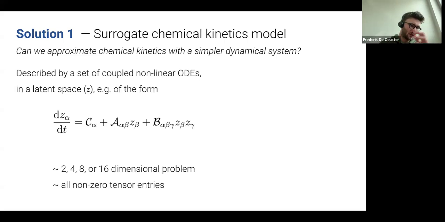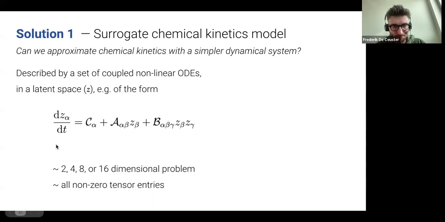So you remember the set of ODEs that we had to solve before. What we're going to do now is try to find a smaller set of coupled ODEs that acts on a much smaller space that we will call the latent space. And we will assume a particular form of this equation. As you can see, it looks very much like the previous equation, only we just added another constant term here, because this could be seen as an expansion in terms of a series, right? And also because other people had very good results by only considering this constant. So there are reasons why we actually added this constant here.